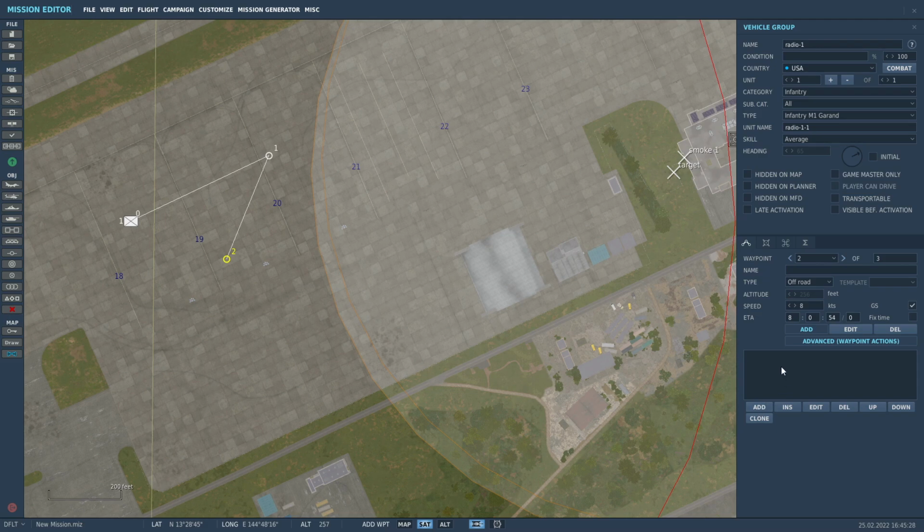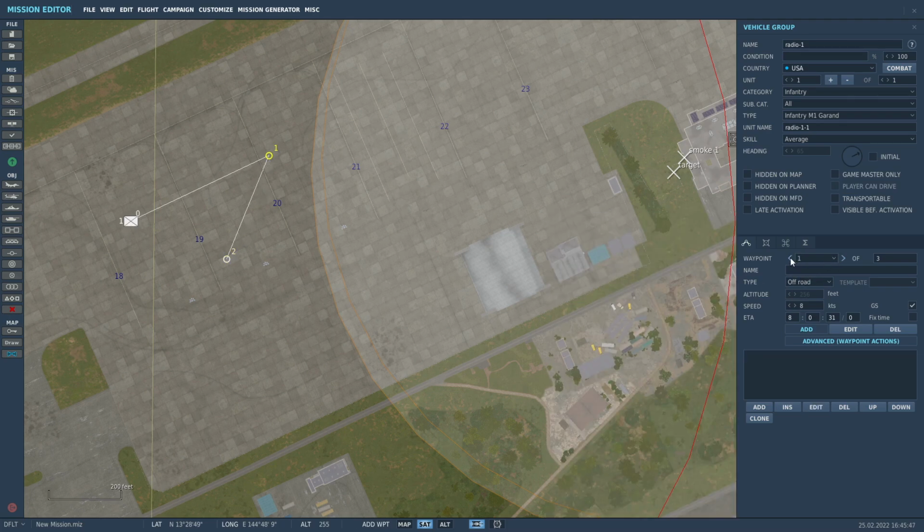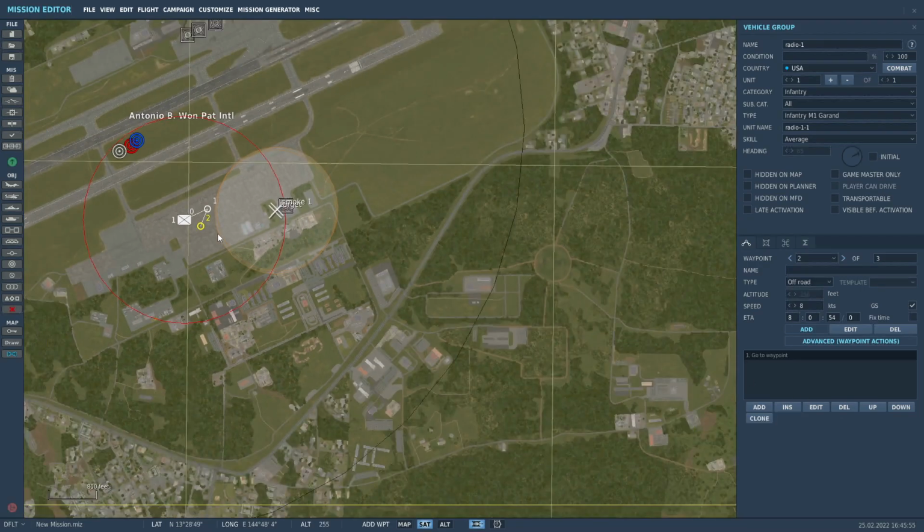But if you add over here, perform command, go to waypoint 0, he will go to waypoint 0, then waypoint 1, then waypoint 2, and as soon as he reaches waypoint 2, you see, under waypoint 2 he has a task, go to waypoint 0, and repeat forever. So that's pretty cool. You can set up